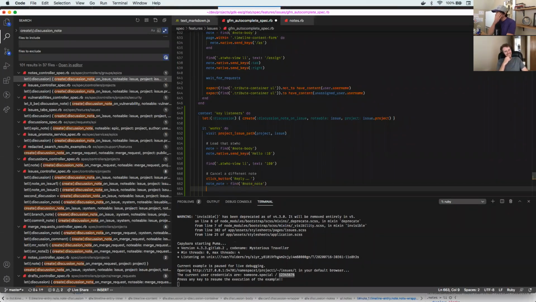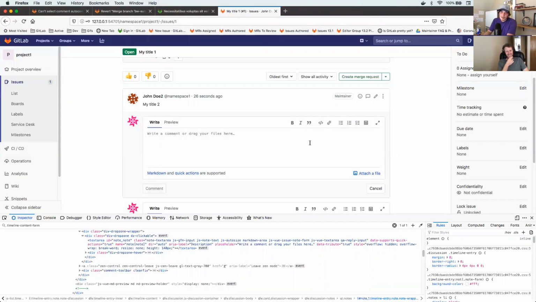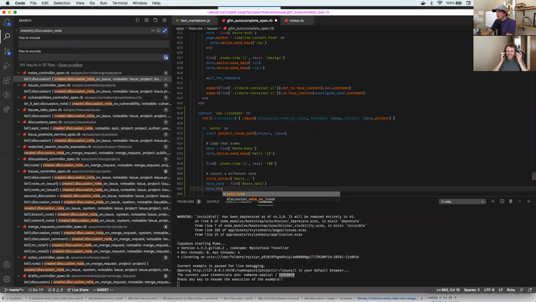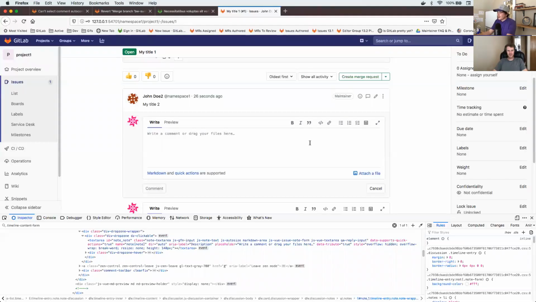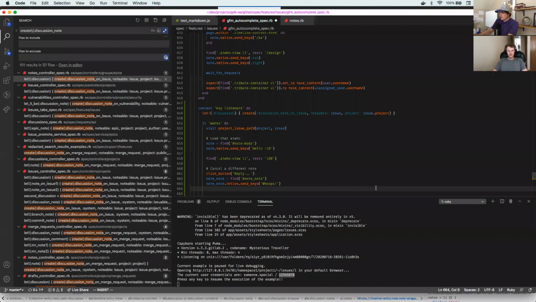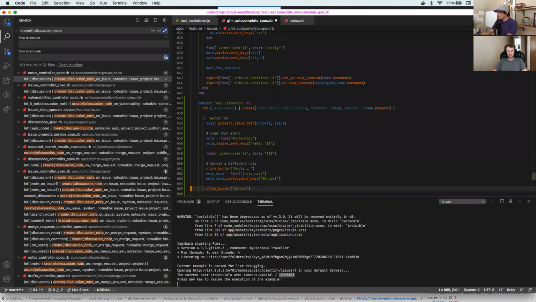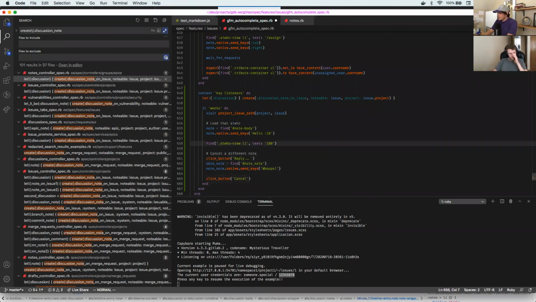All right. Then with the note, I want to... Yeah, we'll probably have to do some refactoring after this. Definitely. I guess I want to do native send keys. Oh yeah, I was saying whoops, and then I'd hit cancel. Click button, cancel. Mm-hmm. And then